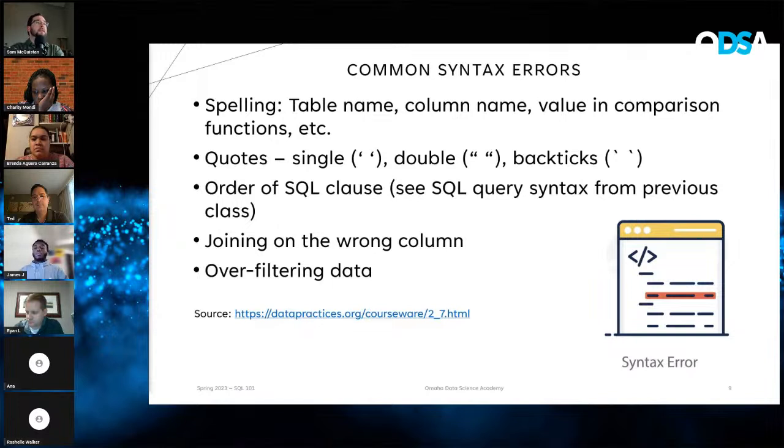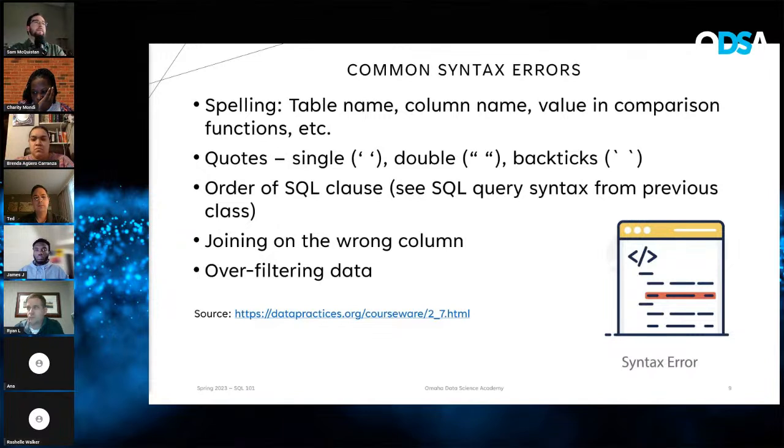Another issue that you may run into is the order of your SQL clauses. So in the first class, when we talked about how to formulate a basic SQL query, the most important part that you want to remember is select star from table. But what about some of the other clauses that we can add on to that? After you select everything from your table, you may add an aggregate into your select statement. That requires you to have the group by. And then if you want to order by another value, you have to put the order by after your group by clause,